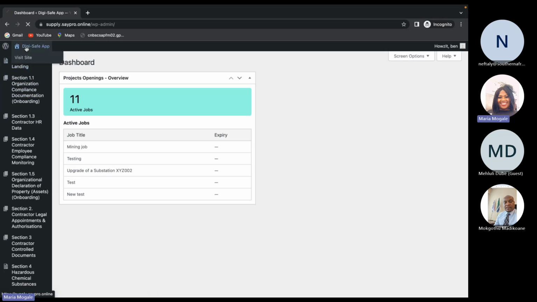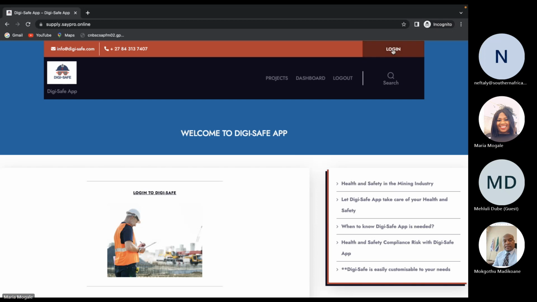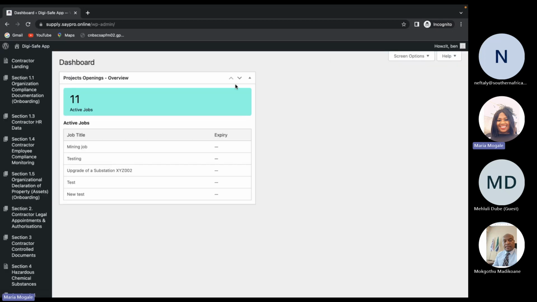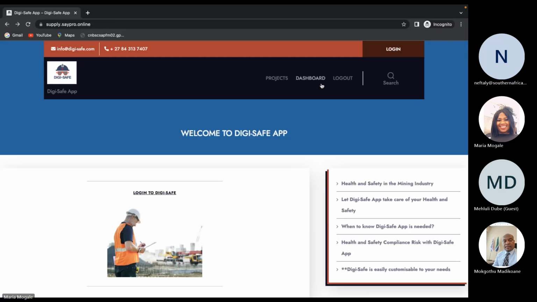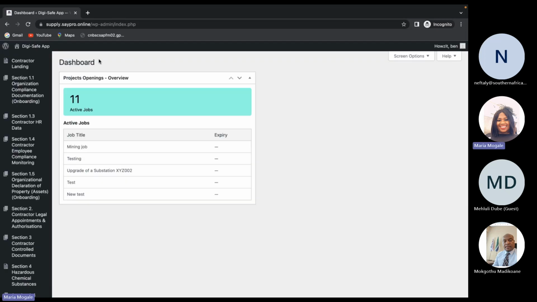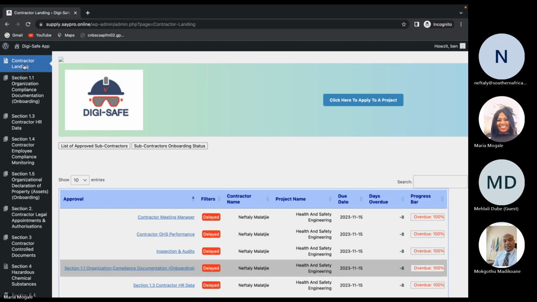Where is the, is it the dashboard maybe? I saw something. You can. Then okay, it's not that. You can go to contractor lending. Contractor lending. Oh, here. So now, otherwise that's where. Sorry. Yes, otherwise you can tell us what you are looking for so that we can guide you. No, it's fine. It's fine.